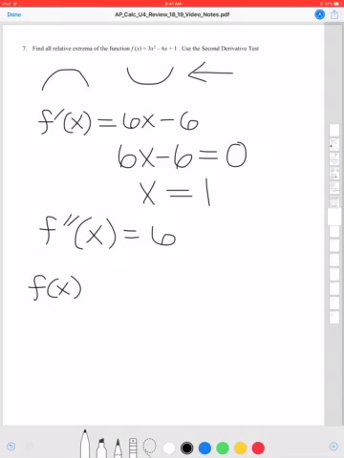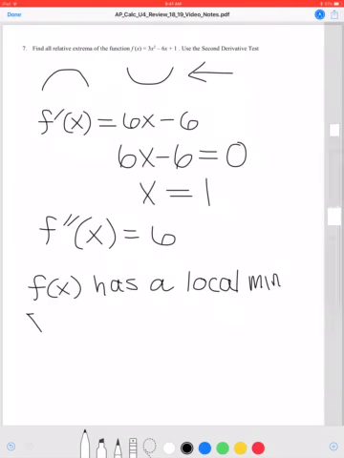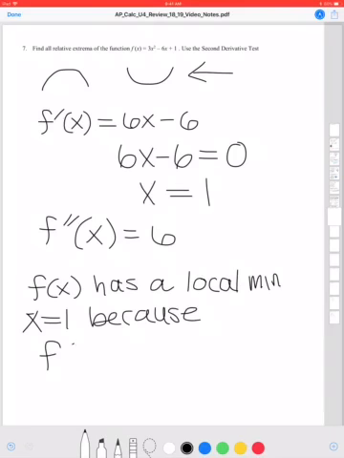Well, let me rephrase this. F of x has a local min, or relative min, at x equals 1, because f prime of 1 equals 0